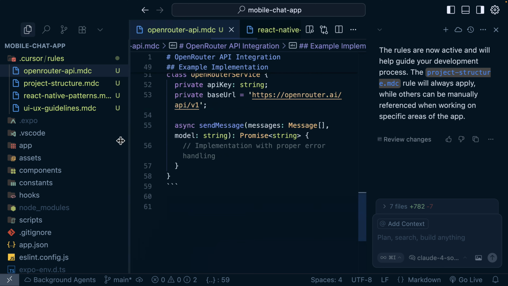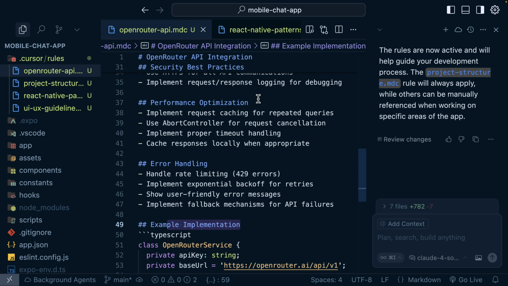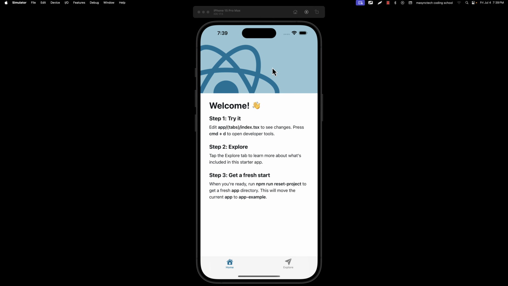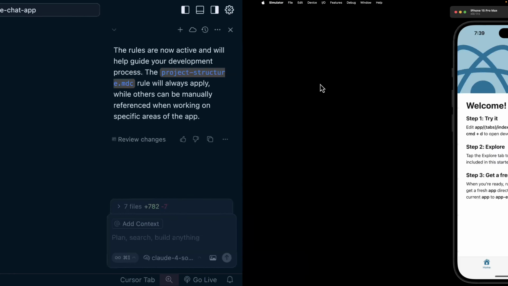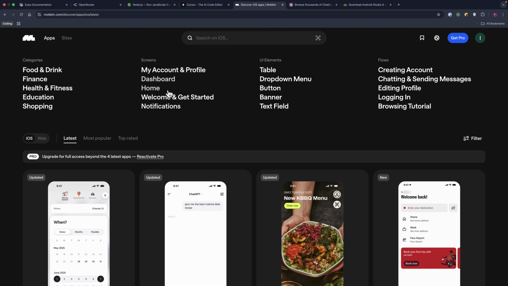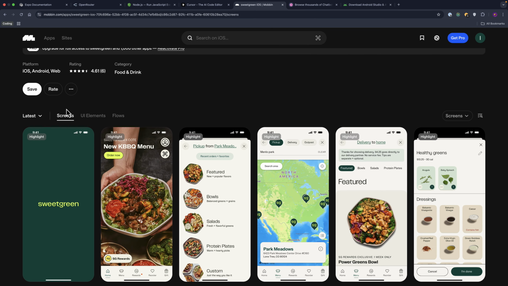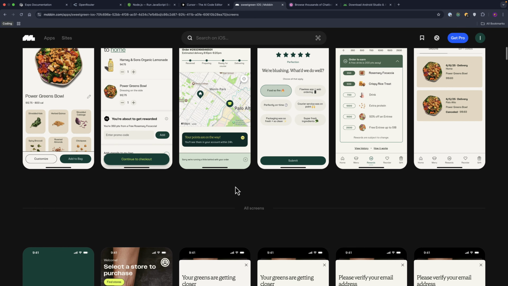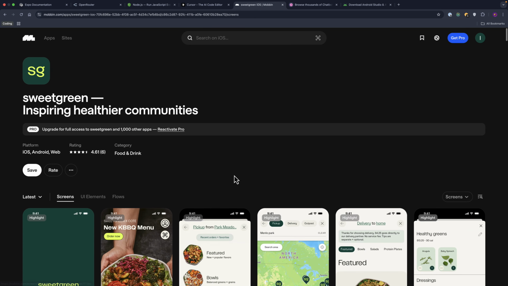So assuming that these are the rules that we need for the project, the next step is that we are going to implement the actual logic. Now, we also need some inspiration about how the UI is going to look. We have a lot of websites for inspiration, and the one that I use is called mobbin.com, which is this one. Here we have some inspiration about the kind of app that you want to build. Let's say that I want to build